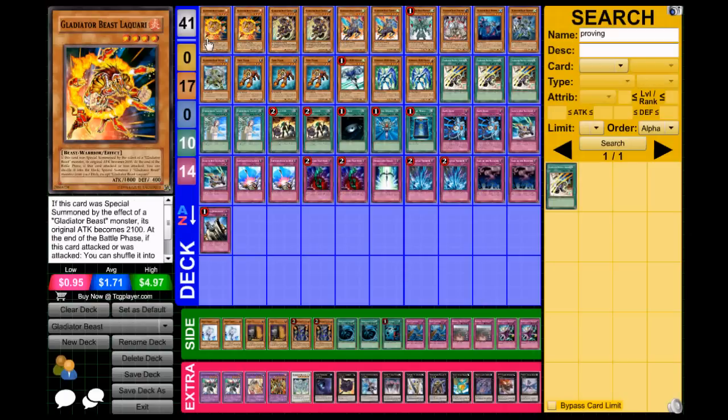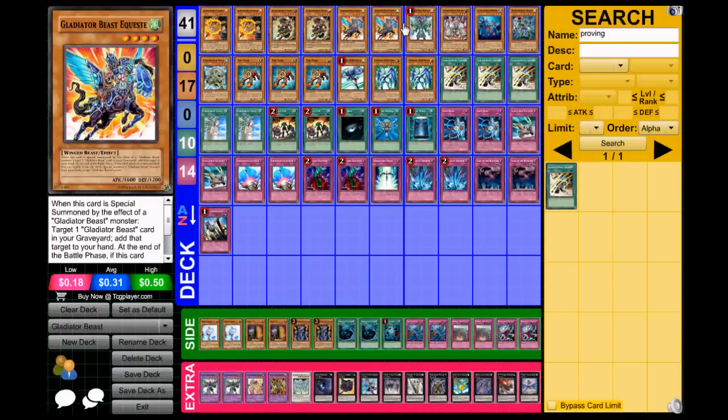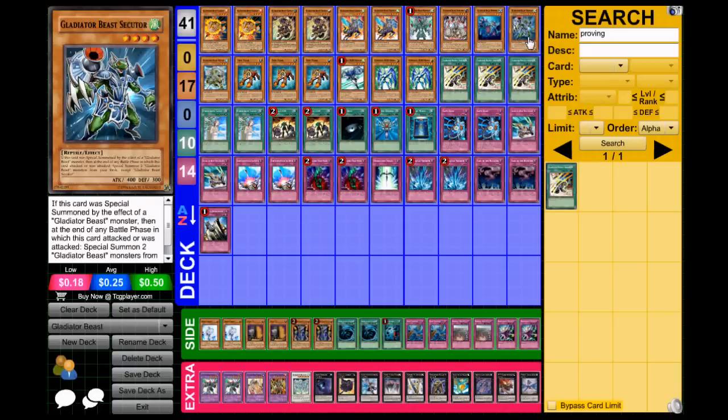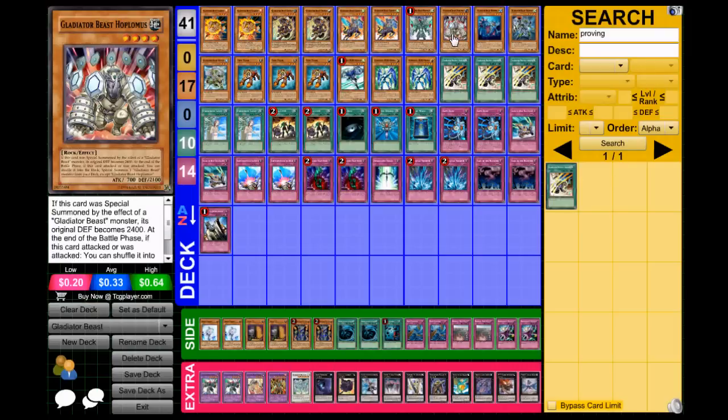We run 2 Gladiator Beast Laquari, 2 Darius, 2 Quest, 1 Bestiari, 1 Hoplimus, 1 Murmillo, 1 Secutor, and 1 Retiari. The reason why I run a Hoplimus is just because it's a wall that not a lot of beaters can get over in this particular format. Obviously with Murmils they'll be able to get out, I think it's Megalo, and just run over your Hoplimus, but most of the beaters will just run into this guy and then you can tag him out during the end